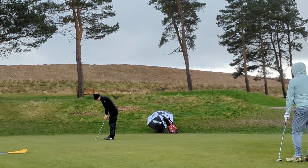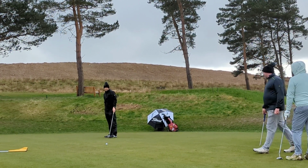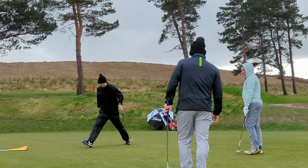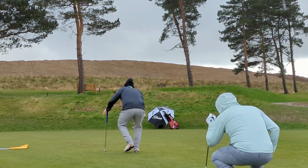Don't know what's wrong with my driver, but the rest of my game seems to be in decent shape. Waterproofs are on, the joggers have gone because I'm freezing. Downhill putt, got scared of it, left it short. But that's a 1 under par front 9, and we will definitely be looking forward to playing next week, where